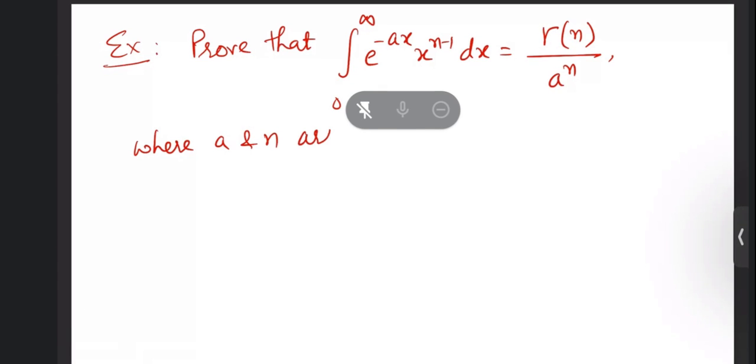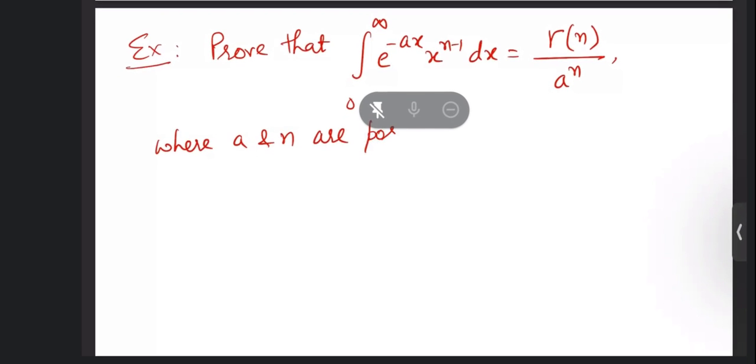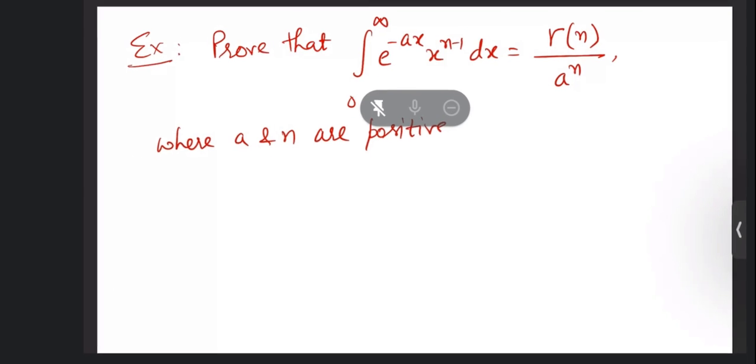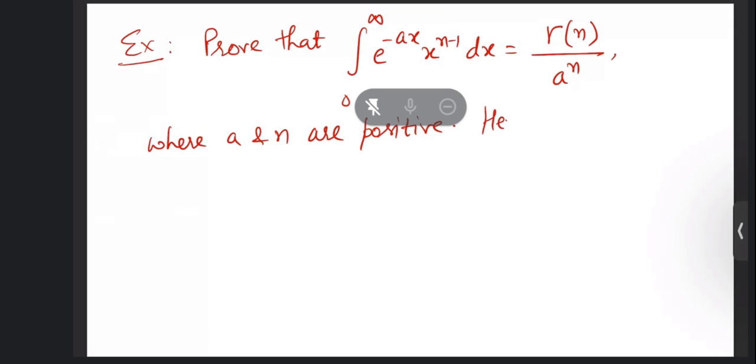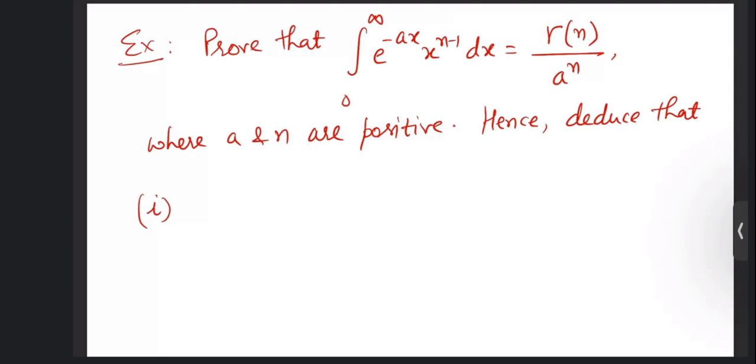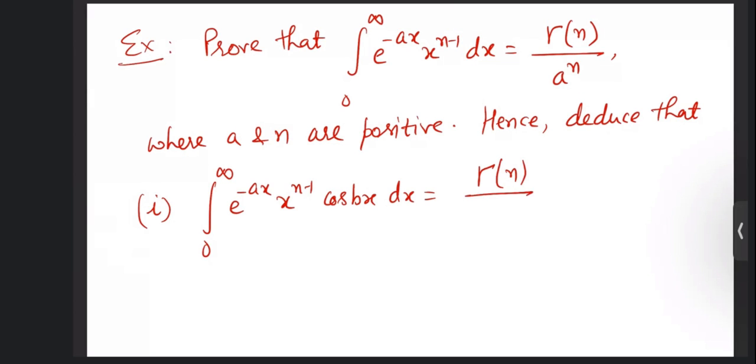A and n are positive, and deduce. Hence, deduce that integration 0 to infinity e raised to the power minus ax x raised to the power n minus 1 cos bx dx is equal to gamma of n divided by r raised to power n into cos n theta,